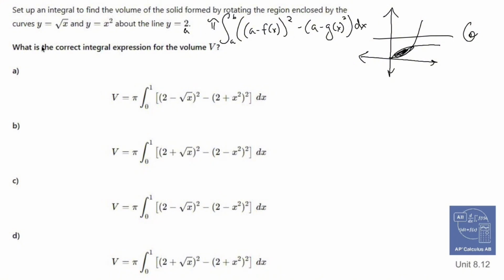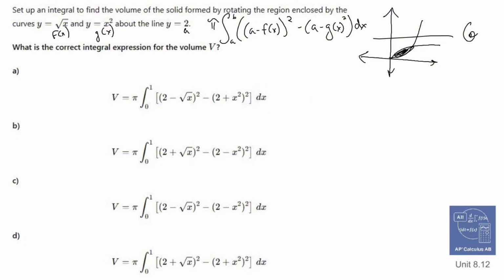All right, so I'm going to label the upper function. It seems to be x squared, or no, I take it back, the upper function seems to be the square root of x. So that would be my f of x, and x squared would be my g of x. Setting this up, I need my limits. I find my limits by setting these two equal to each other. Before we even set things up, I know the limits are 0 and 1,